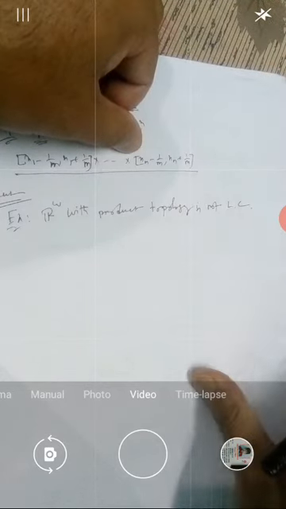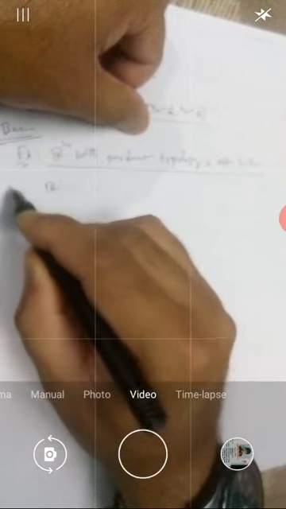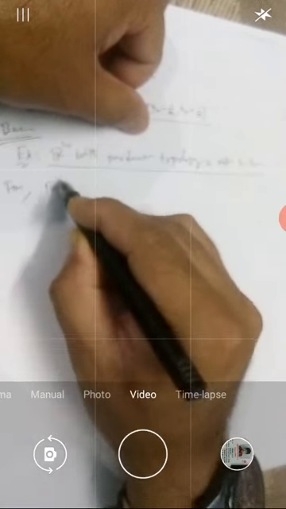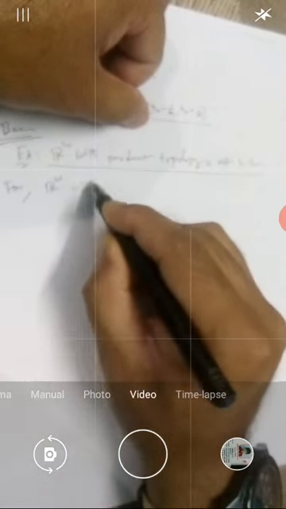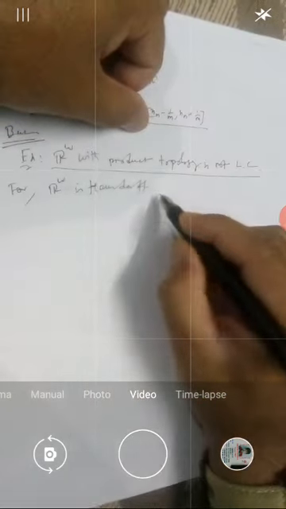Okay. For the R omega is Hausdorff. R omega is Hausdorff. No doubt about it,